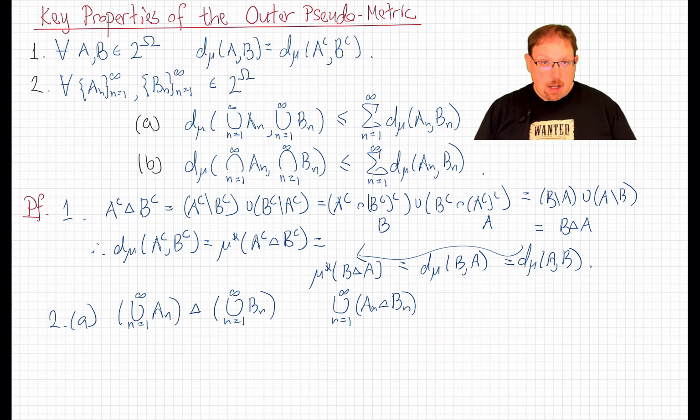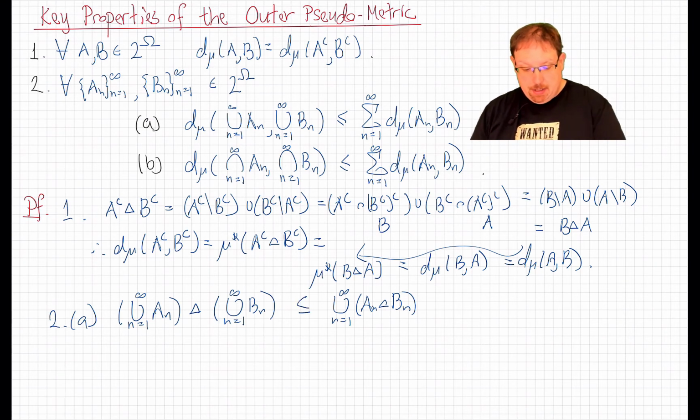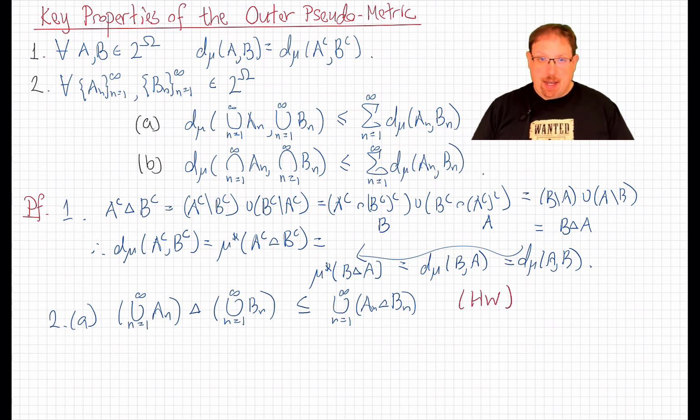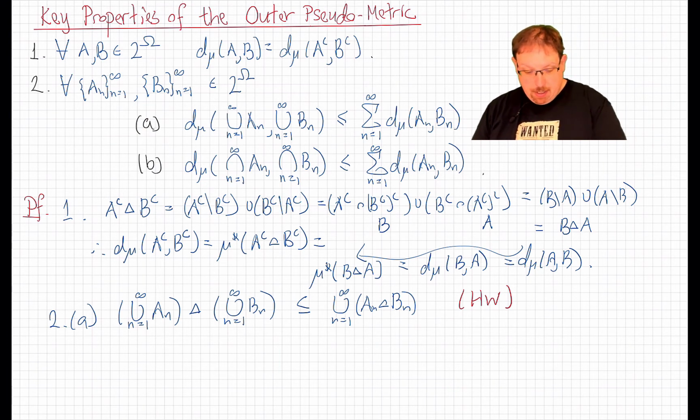These two need not be equal, but we do always have a containment. And that is another elementary fact that you will prove on your homework. Because of that, we can therefore take the distance between those two unions